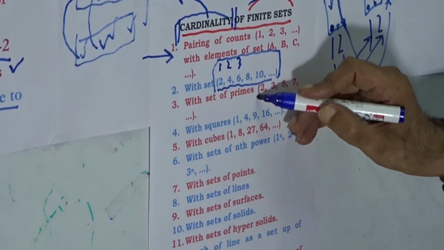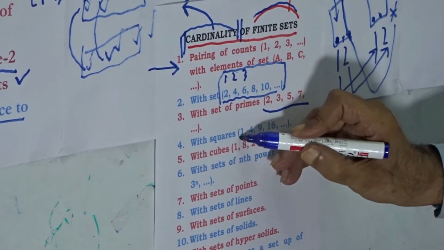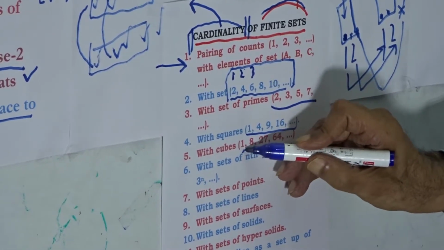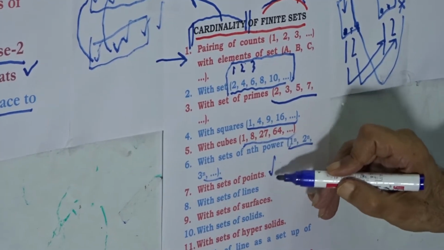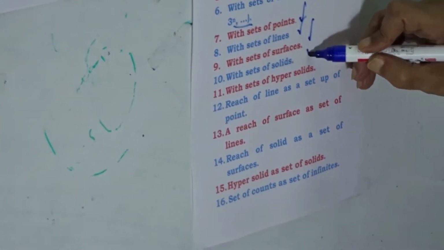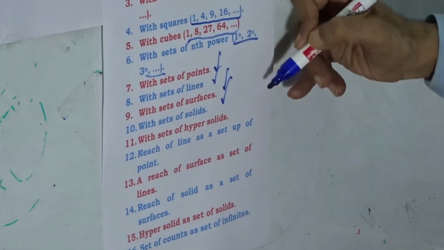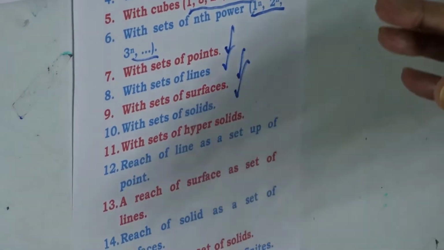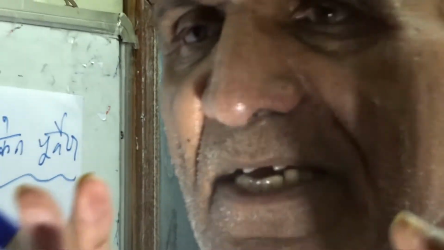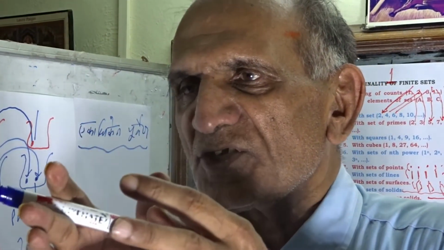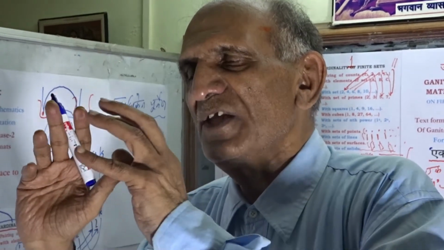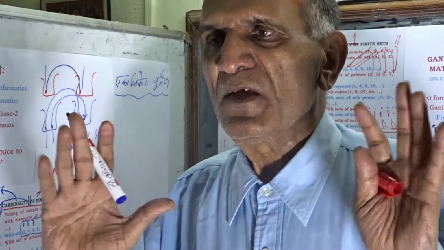Further, we can have a set of primes. We can have a set of the squares. We can have a set of the cubes. We can have a set of the nth powers. So we can have a set of points, set of lines, set of surfaces, set of solids, and the hypersolids. And like that, we can reach at a very, very large number of these finite sets. So these finite sets, finite number of entities, finite number of things with which we deal,